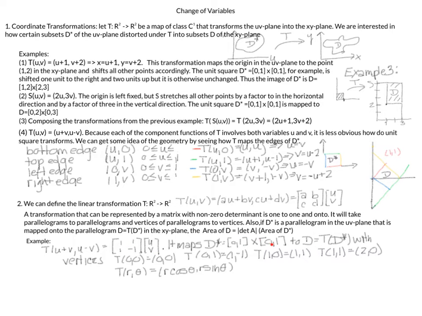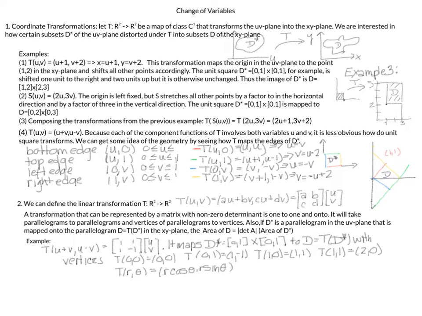And again, it maps our unit square into this square here, and in particular, if it is a linear transformation, then it will take parallelograms to parallelograms and vertices of parallelograms to vertices. So also, if D star is a parallelogram in the uv plane that is mapped onto the parallelogram D, then the area of D is equal to the determinant of A times the area of D star. But more importantly, this